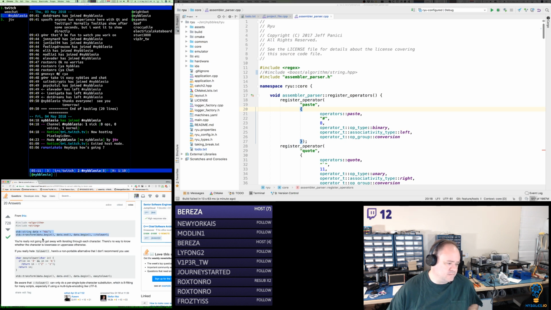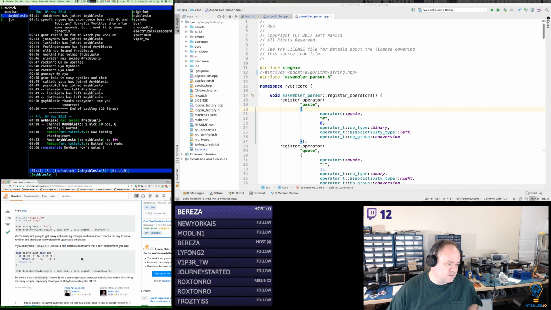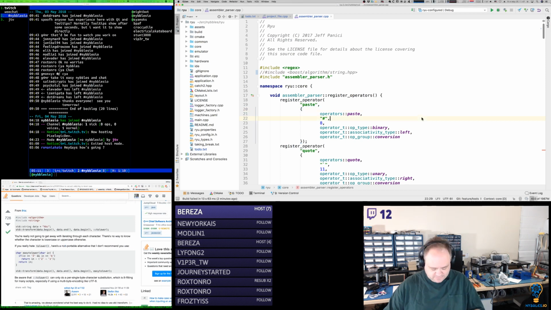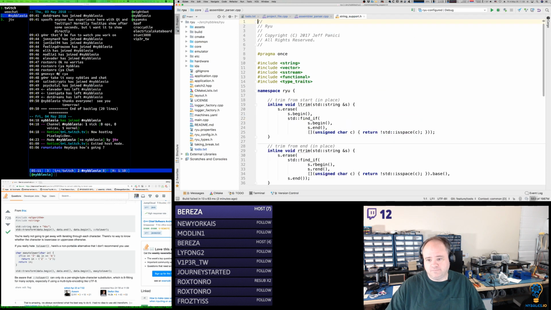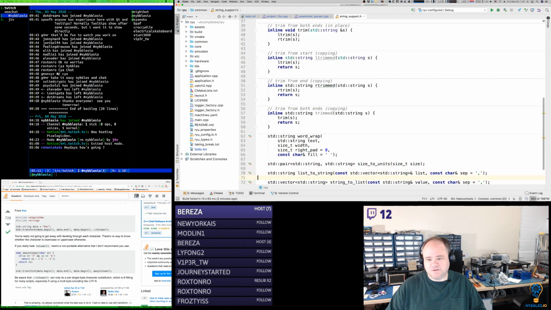Yeah, standard transform. We could do that, I guess, right? I mean, I guess we do have string support. So I have some trim functions here.